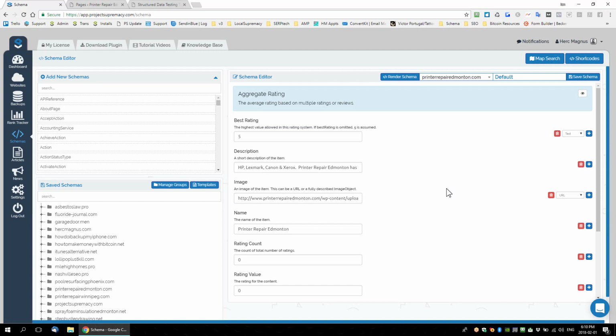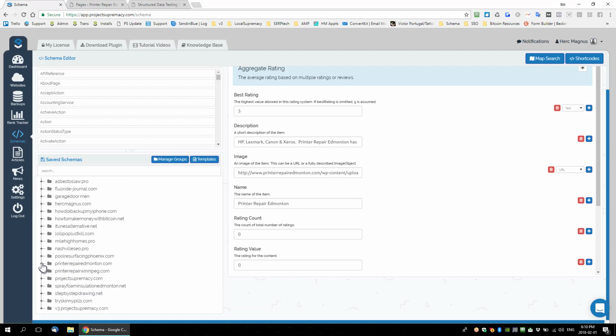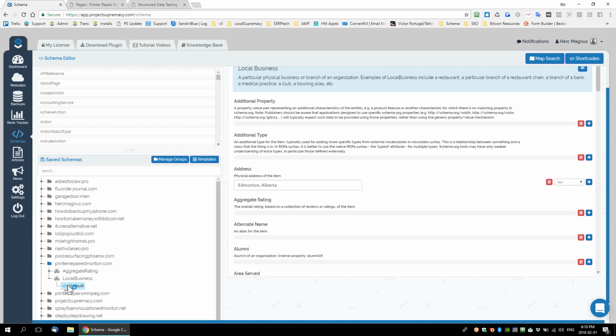Now the final step is to attach the rating to the business, okay, because aggregate rating is a different type of schema, but we are actually rating the business. So I'm going to go back down to Printer Repair Edmonton, and you can see we now have two schema types. We have a local business schema that talks about what our business is, and then we have an aggregate rating schema that talks about the rating of our business, but we want to attach the two, and it's very simple to do. We're going to go to local business, okay, we're going to reload our default schema, and now we're going to go to aggregate rating, and we're going to enter the aggregate default rating that we built,